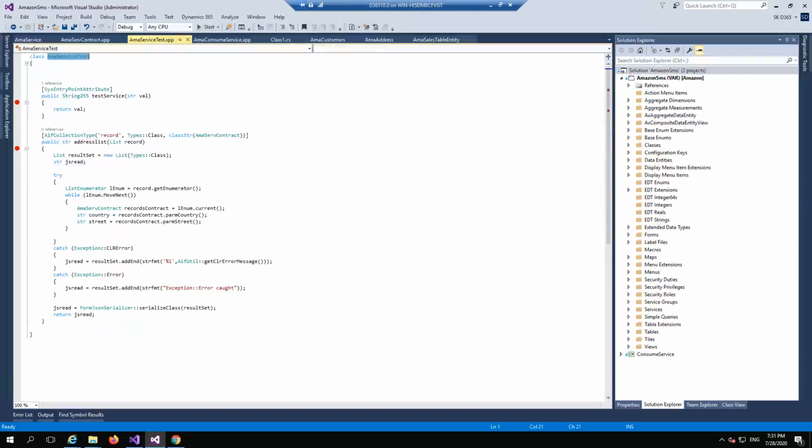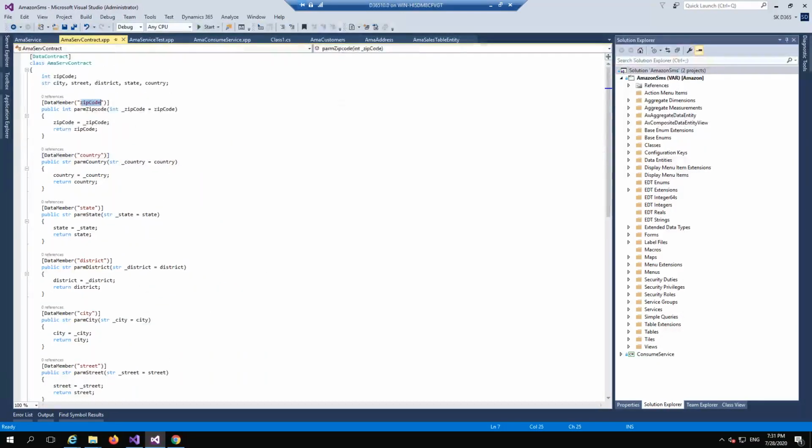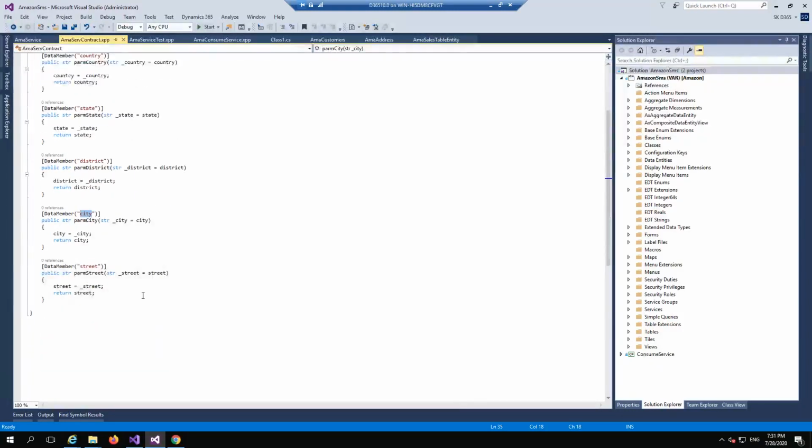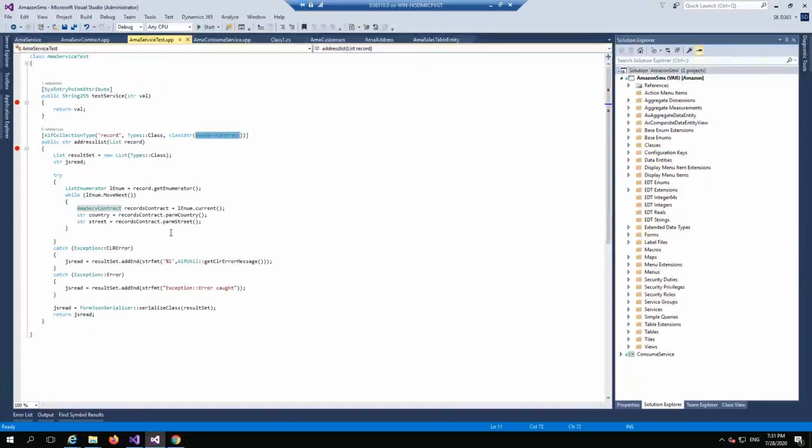I have used the same service test and added one more method with the AIF collection type, using a list with the name record. It is of type class and list record, and this record is an array of service contract. The service contract contains members: the zip code, the country, the state, the district, the city. Like this, you can have any number of members here. Now, if we want to work with this,